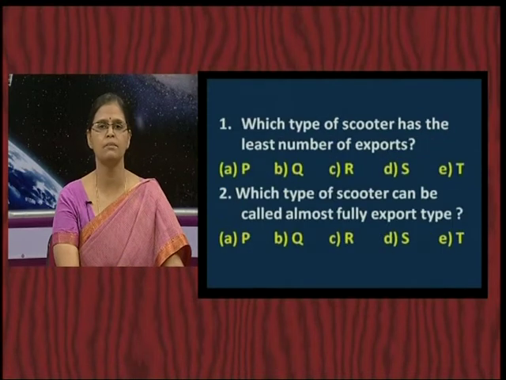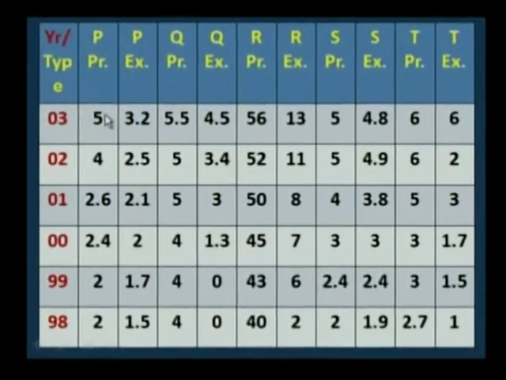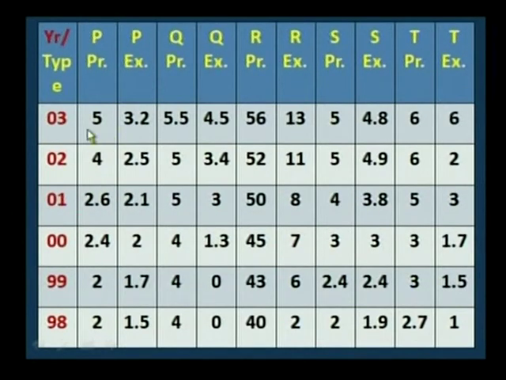I will just show you in the table how to go about it. For this type of scooter, you compute the ratio exported to produced into 100. Similarly, this divided by this into 100, this divided by this into 100, like this you compute, and among these values whichever is highest, the corresponding year is what we will have to make a note of. Supposing the highest value corresponds to 2002,